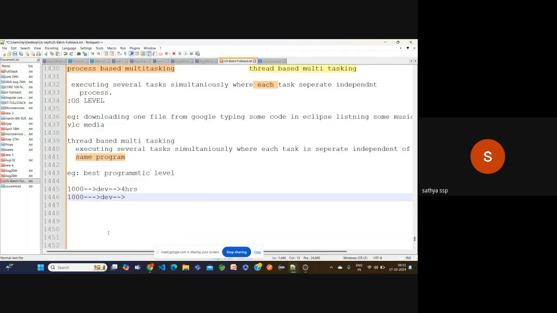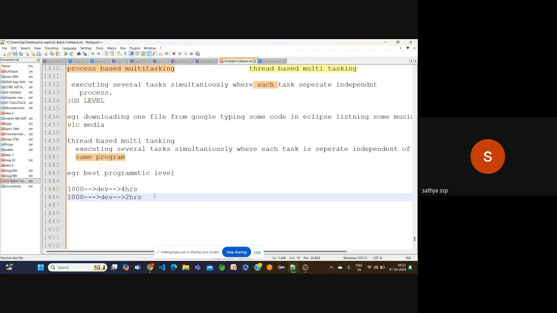The developer said okay, I can do it, but you need to give more money. First he said 4 hours, but now 2 hours. How is it possible? With money alone we cannot increase execution speed, and it is the same 1,000 lines of code.